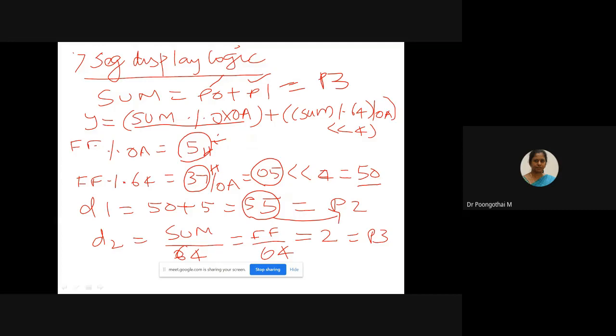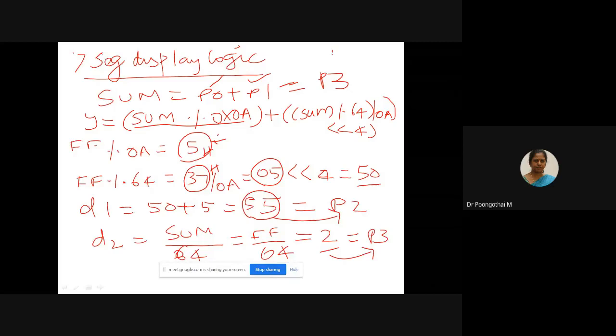To extract your MSB, you divide the sum, that is FF, by 64, according to hexadecimal division, and you will be getting 2. Store that value into P3. In this way we can separate your LSB and MSB.